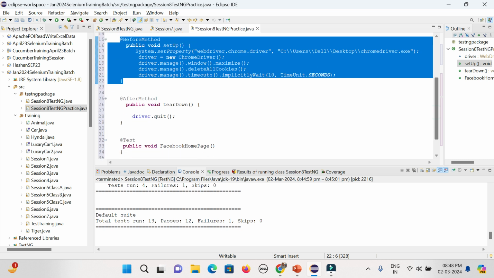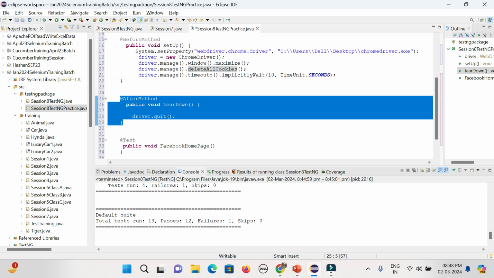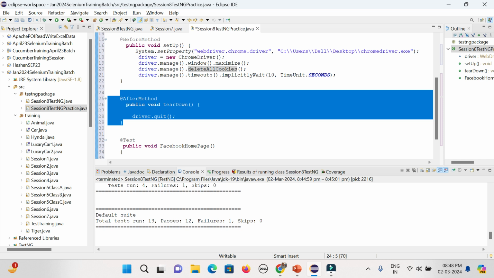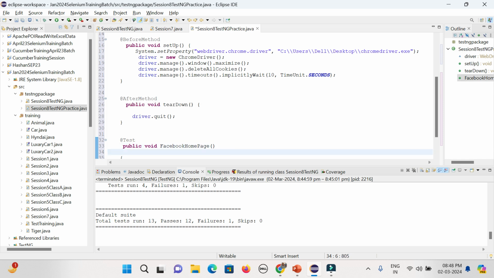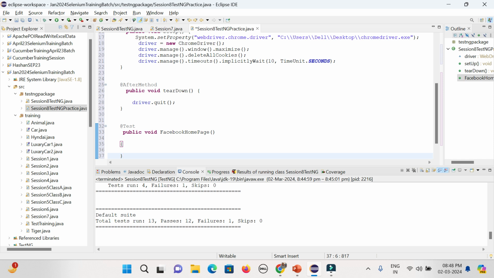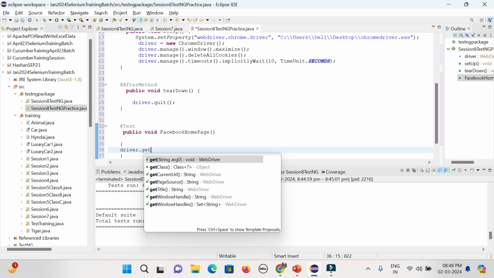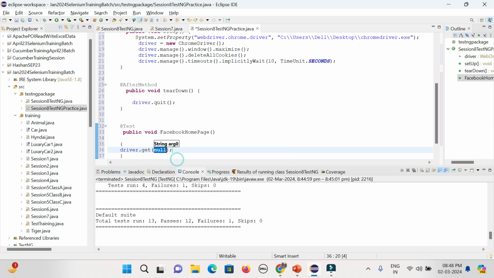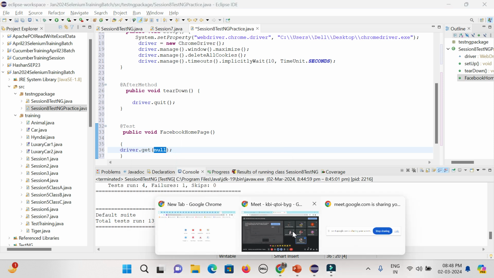So for every test case run, it will execute one time. And the teardown method is for every test case; it will execute after the test case execution is over. Then for the Facebook homepage, what I can do is simply go driver.get with the URL. You can see get, and I can go with the Facebook URL,